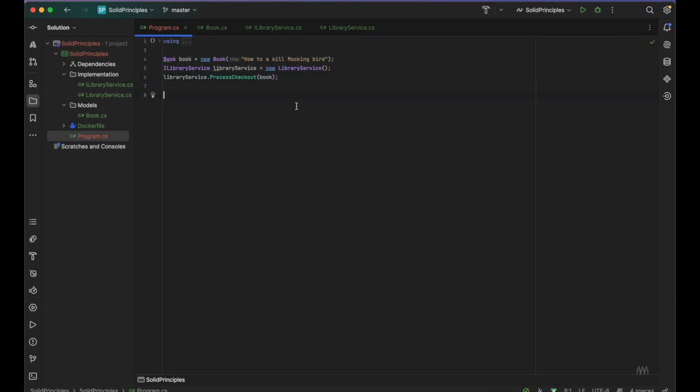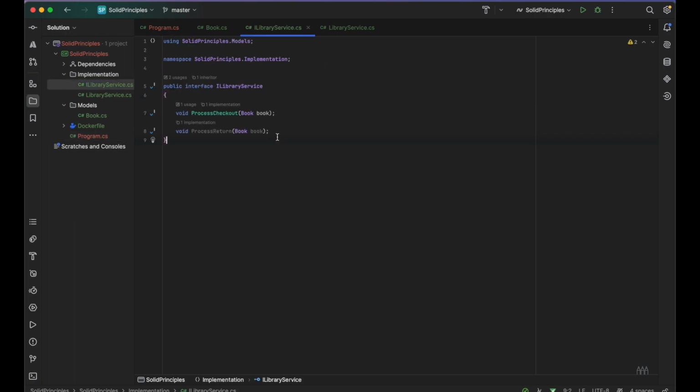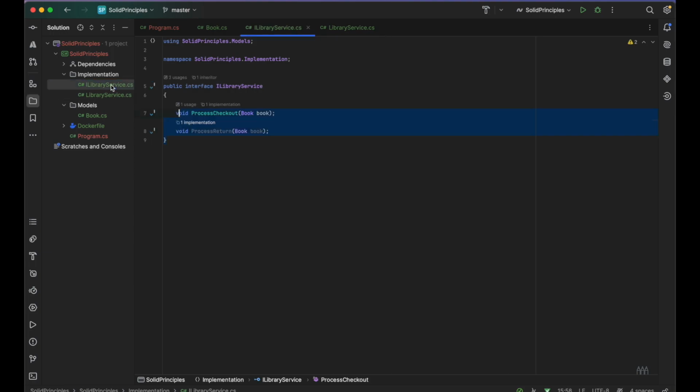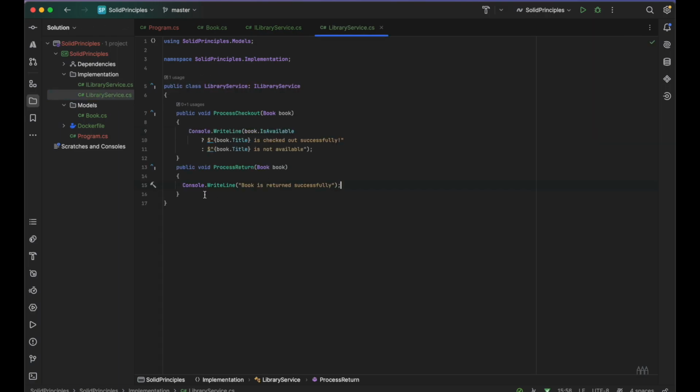Now this is fine, they all are following the single responsibility principle. The ILibraryService is responsible for checking out and returning, and the book is also responsible for the book related information, title, is available or not. Okay, now it's also mandatory that we check if the user is valid or not, right? Let's say this library only lets students borrow books, so no other users can borrow the book from this library. So we would have to have some authentication that would